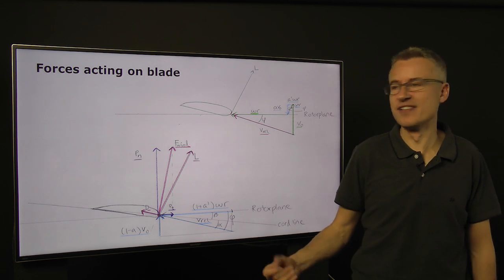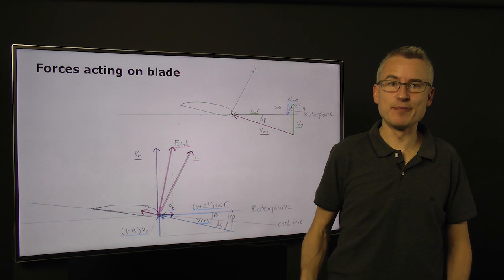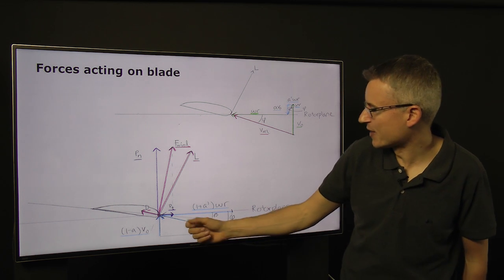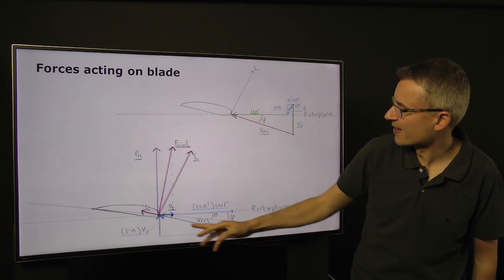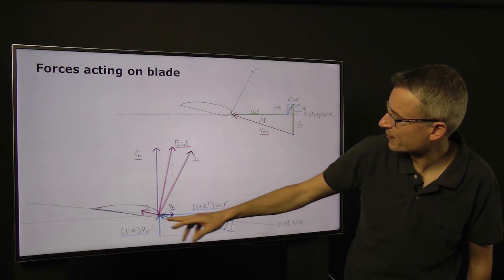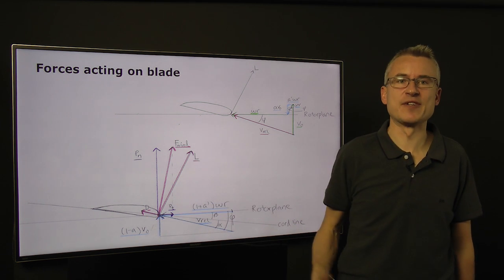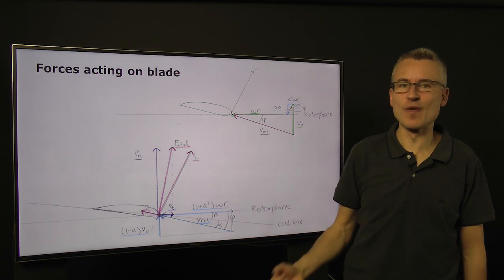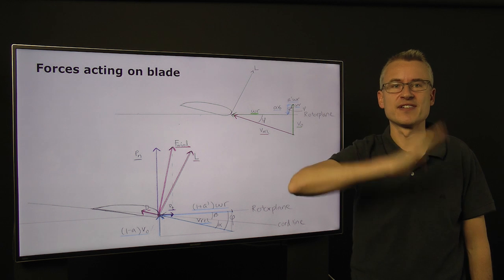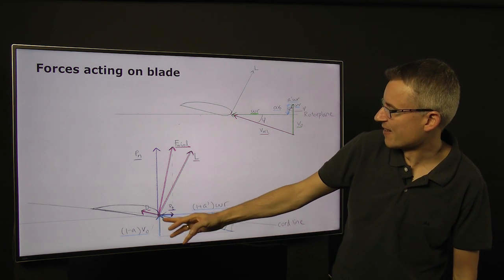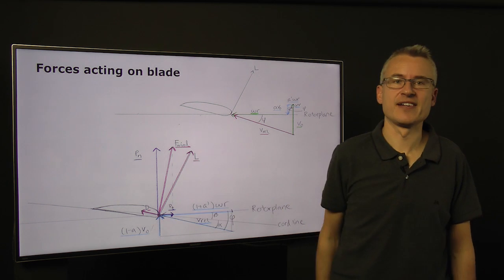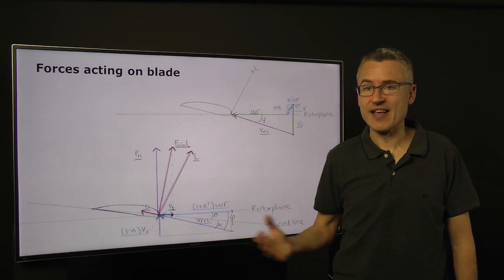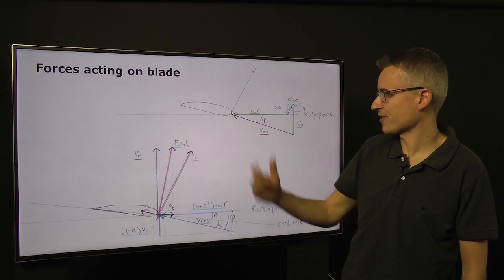The interesting thing now is that lift and drag can be projected in the direction of the rotor plane. Some contribution from lift, some contribution from drag, which detracts. We have a final small component. That is actually the component that drives the blade around in the rotor plane. There's another component which is perpendicular. That's the normal component. That's the one which contributes to the thrust on the rotor.